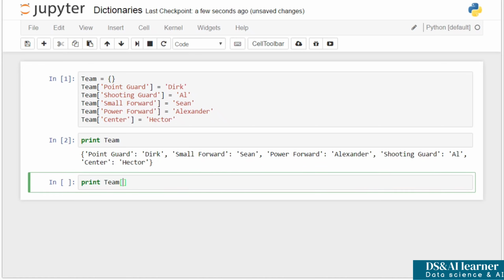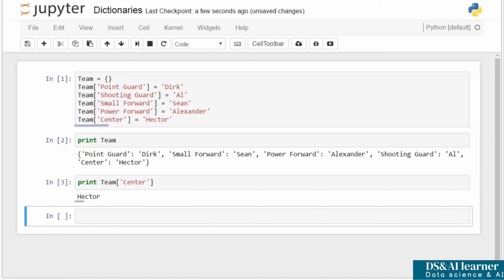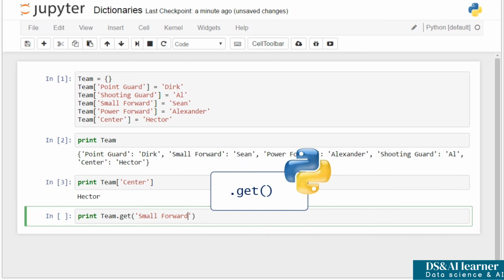And if I asked for the center, I will see Hector's name. Let me introduce you to an interesting Python feature. If the get method gives us the name of the small forward of a given team,